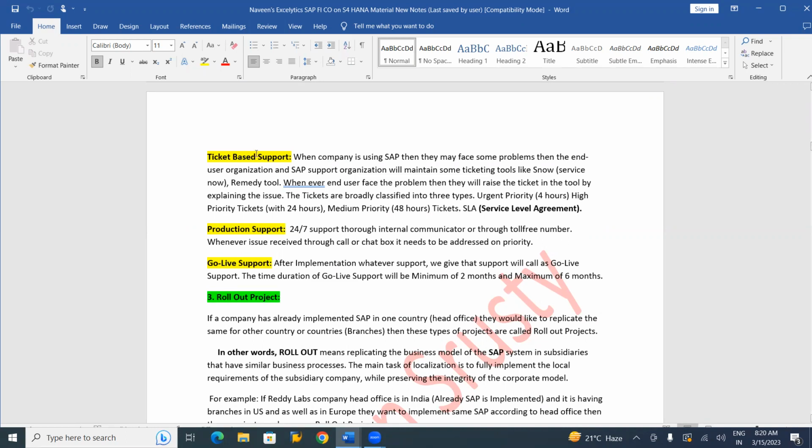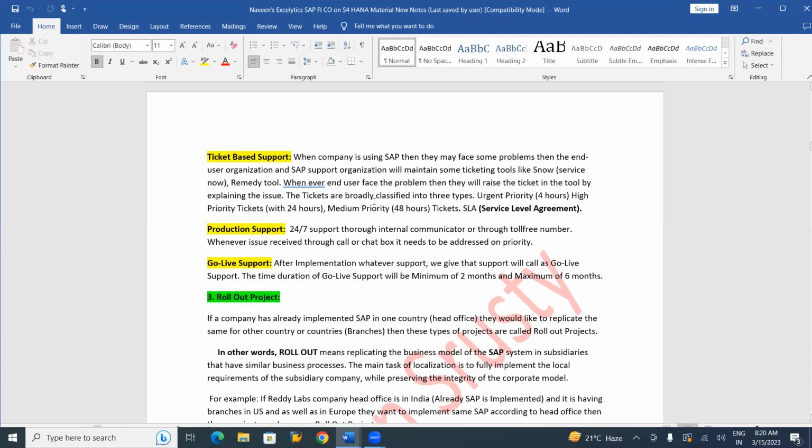Then the end user organization and SAP support organization will maintain some ticketing tools. What are those? ServiceNow, Remedy tool, or other tools. Whenever an end user faces a problem, they will raise a ticket in the tool by explaining the issue.